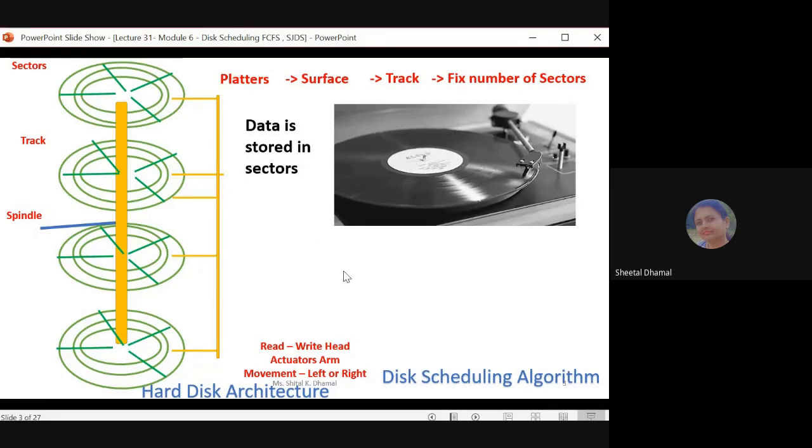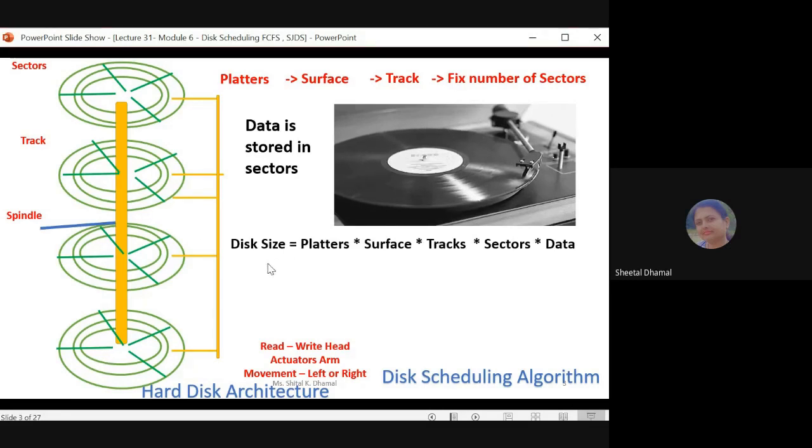Many times in competitive exams, such a question is asked, where the number of platters, tracks and sectors are given, and you are asked to find the size of the hard disk. So this is the hard disk architecture, and in that architecture this data is given and you have to find out the size of the hard disk. How to find it out? Such a question was asked in the GATE exam also. So see how we can find out the disk size.